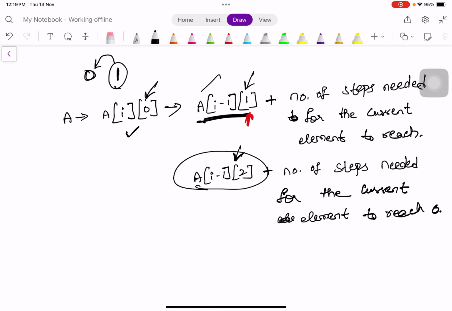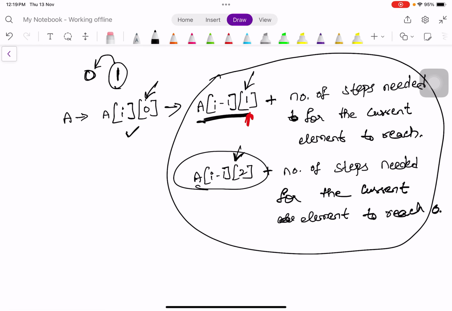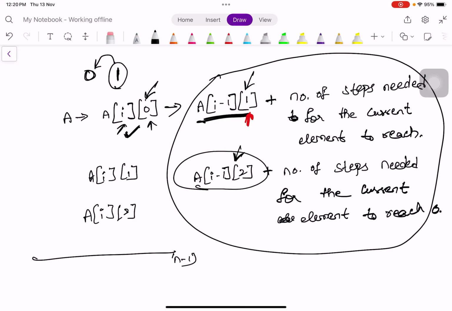So the minimum of these two values will tell us the number of steps required to reach 0 at index I. Now we need to find this for A of I comma 1 also, and for A of I comma 2 also, right? And we need to do this for every index in the array, so that by the time we reach the n-1th index,